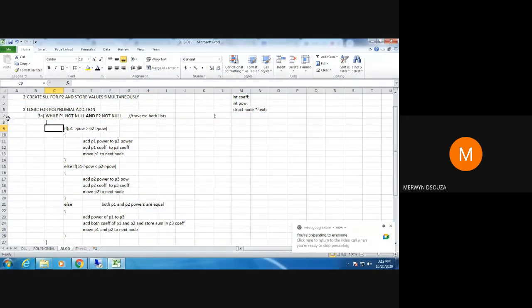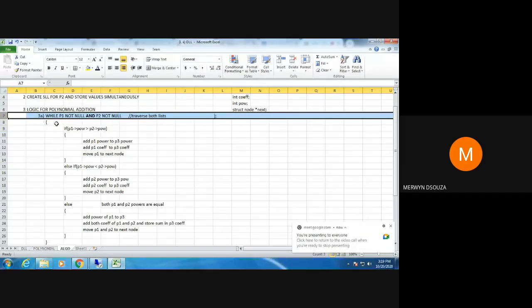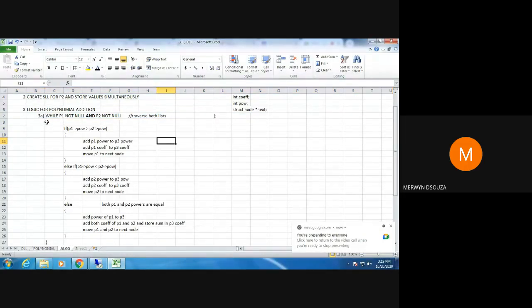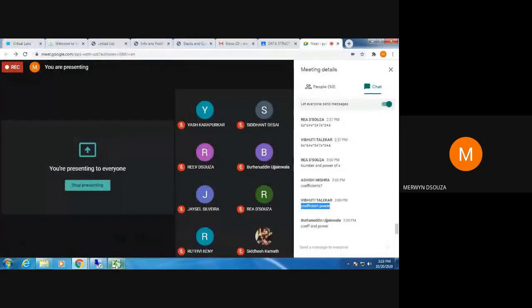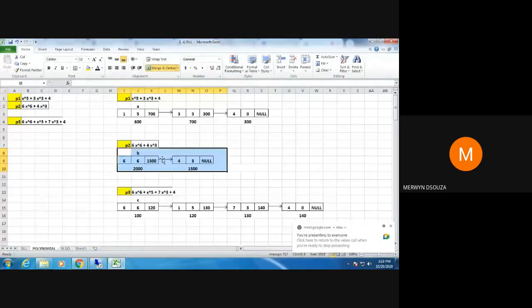So in this while statement, both should not be equal to null. If both are not null, I enter the while statement and check the powers of the first nodes. This is greater than this, so I add it to the answer.